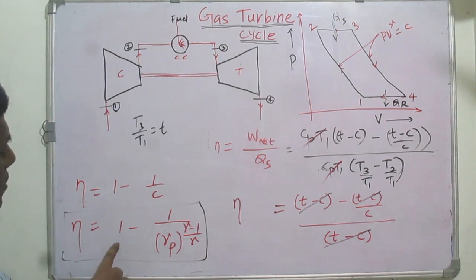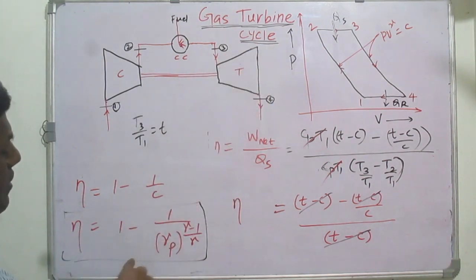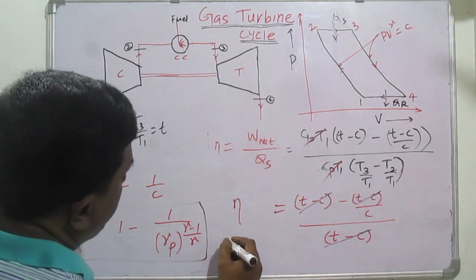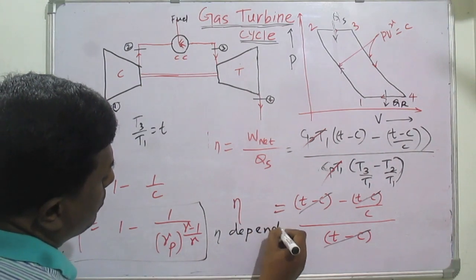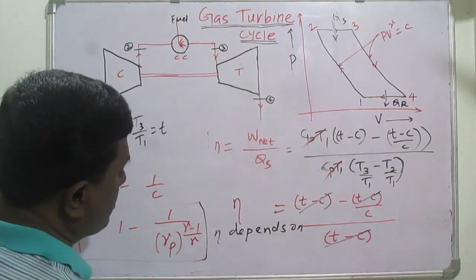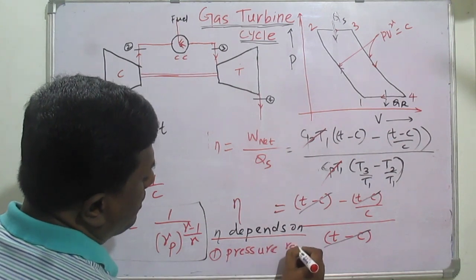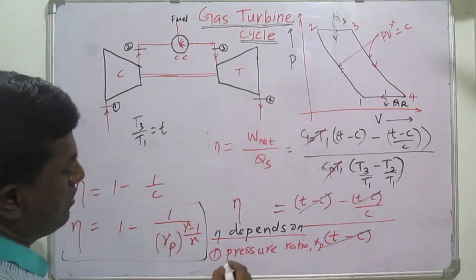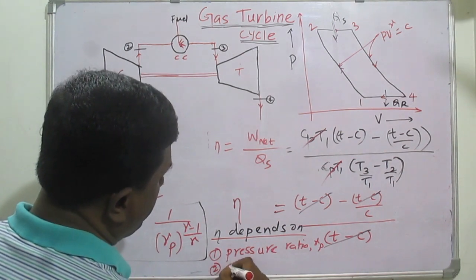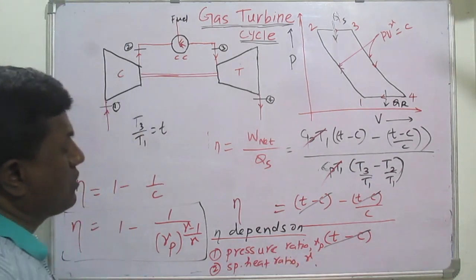One more thing to note: the gas turbine cycle efficiency, as well as the Brayton cycle efficiency, both depend on two things. One is the pressure ratio, RP, and the next is the specific heat ratio, gamma. Okay, so I hope this